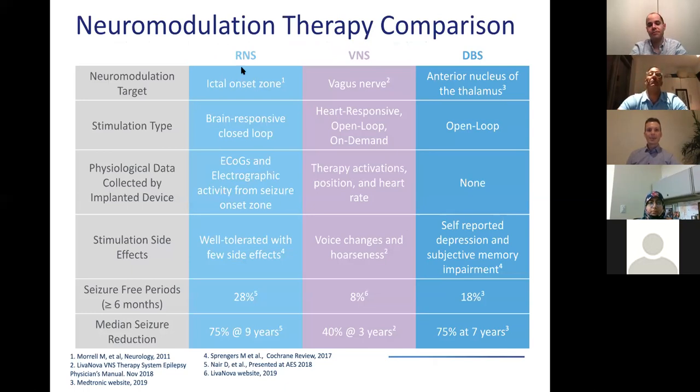This is a good table to compare neuromodulation therapies as we have them currently: RNS, VNS, and DBS. So if it's okay, I'll just take a couple of minutes to go through this together with you guys. So the neuromodulation target for the RNS is as close as we can get to the origin of the seizure. We look for it, we try to find it, and we try to implant that area. For VNS, it's the vagus nerve, and for DBS right now, what's FDA approved is the anterior nucleus of the